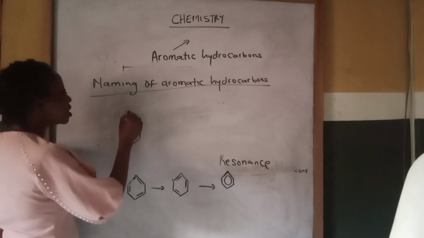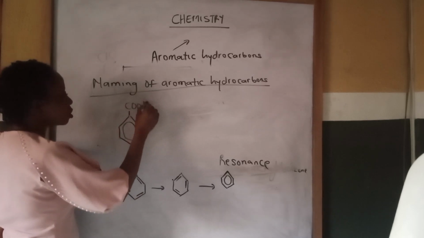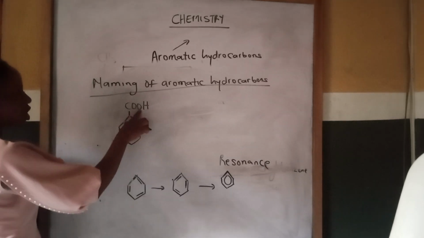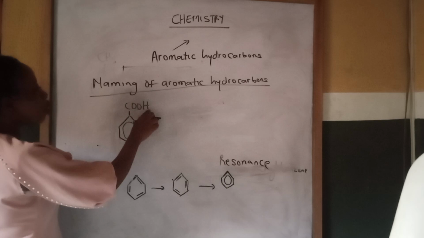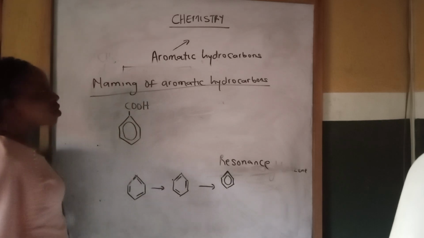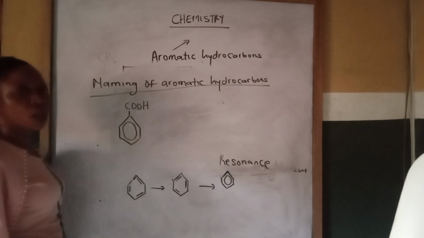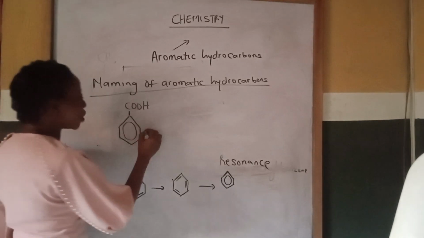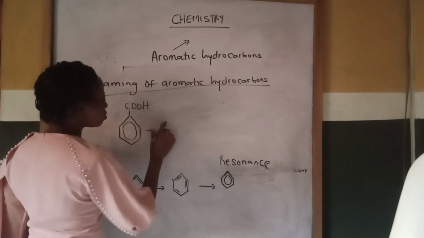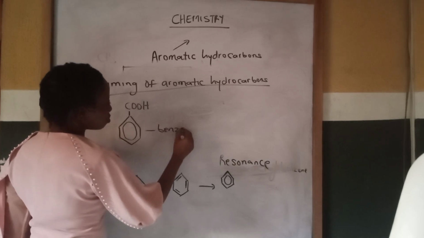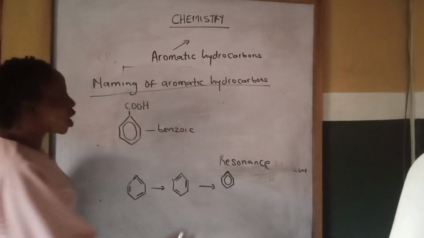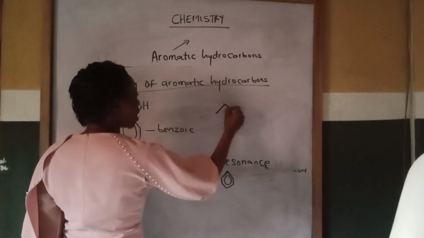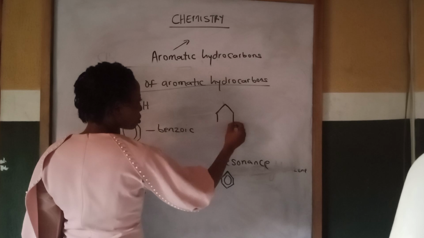So when you attach COOH to this structure, you call it benzoic. The COOH is the oic, that is the carboxyl group, the functional group of alkanoic. The oic together with benzene will give us benzoic. Then when you attach an alkyl group to the structure,